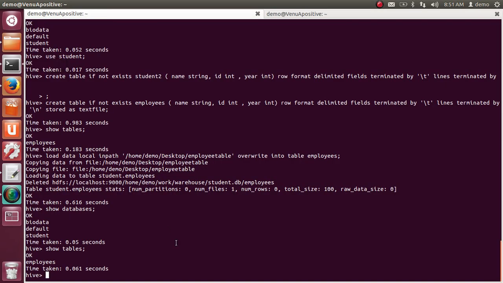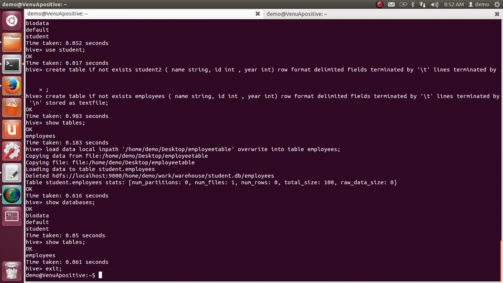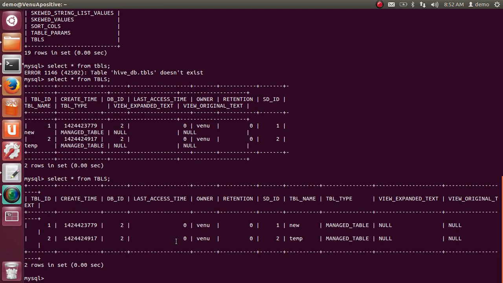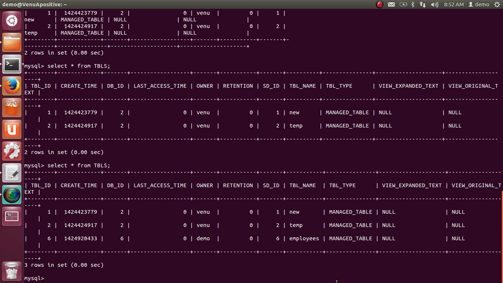Okay, if you want to exit from Hive, simply type exit. Basically, I didn't explain about metadata. For example, if you enter this, you can find the employee details as well. Just now we searched that the owner is demo.